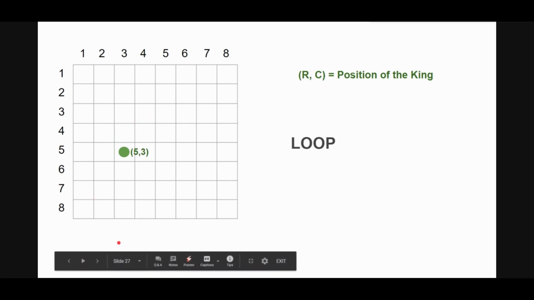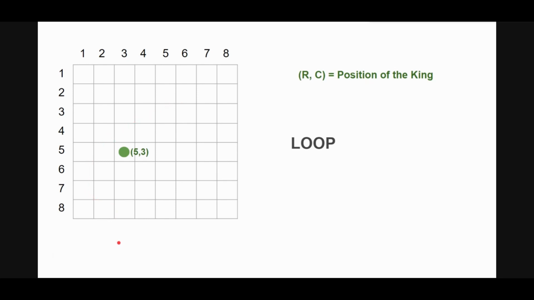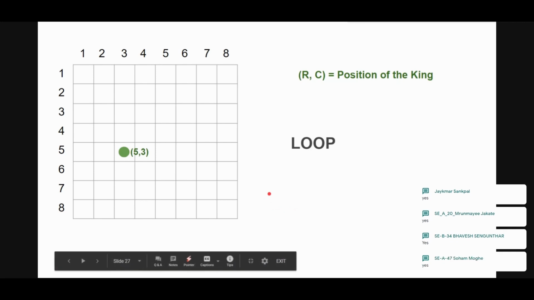Okay, so now let us understand how to count the number of squares that can be visited by the king. Before that, did everyone understand how we calculated the minimum number of steps using the values of k1 and k2 and the max function? Did everyone understand the max function and the values of k1 and k2, how they are used? Okay, fine. So we'll proceed with the loop part.